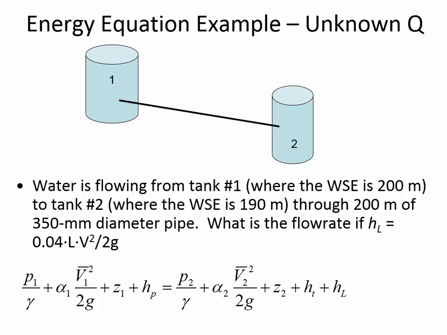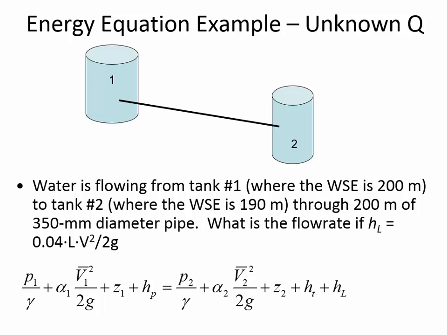Equation. And I'm writing it right now, not because you need to know it for this class, but because I just love it so much I can't resist. f L V squared divided by D 2g. Here, in this example, I'm lumping a couple of terms together and just saying, assume 0.04. So I'm lumping together the f term and the D term, and I'm assigning just by default 0.04.